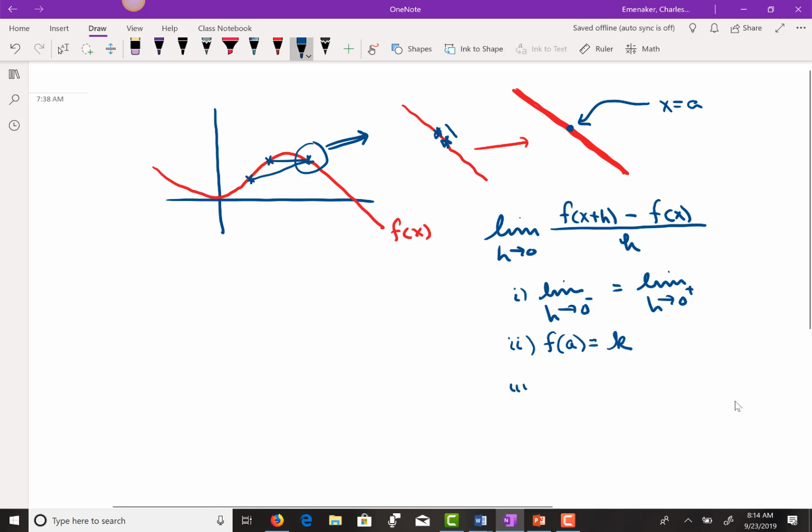The third thing that has to be true is the limit as h approaches 0 has to equal that value, k. What this says is, as you're coming in from the left, it looks like we're headed to,